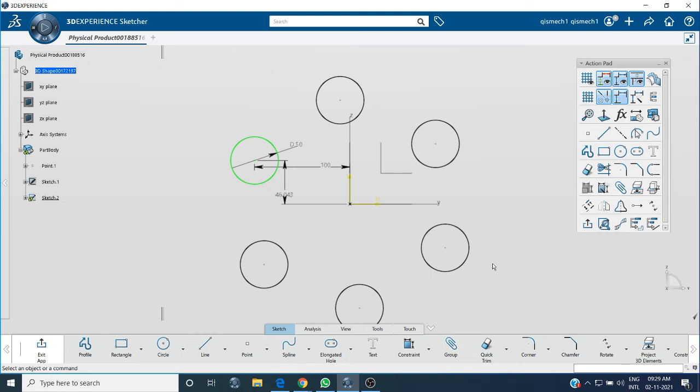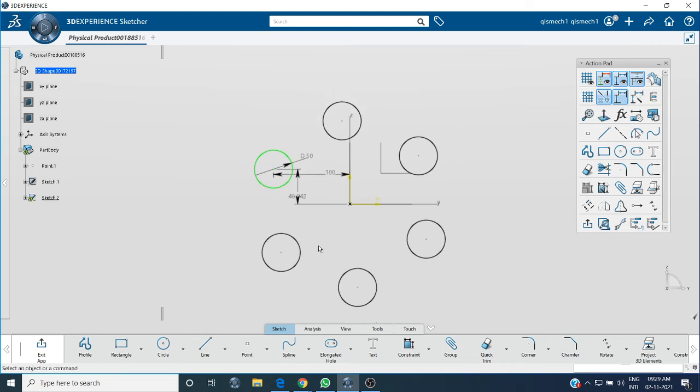I think you already understood the use of rotate. If you want to rotate a profile with respect to a reference point or a reference line, at that time you will rotate directly. You won't go for one by one profile.